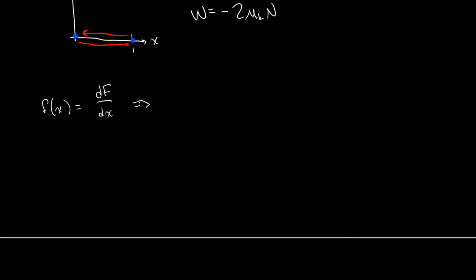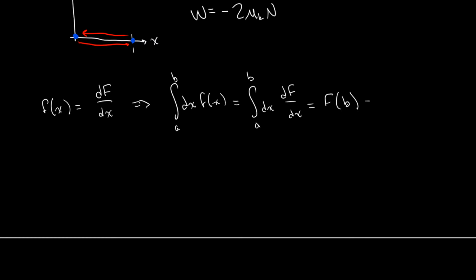This tells me that if I now take an integral of f of x from a to b, then I can rewrite this as df dx, and when I do this out, I just get something simple like this: big F evaluated at B minus big F evaluated at A. All this is saying is I go along this number line, and I add up the value of f at each one of these points, and that gives me the final result.